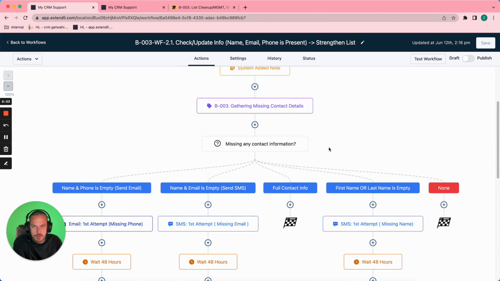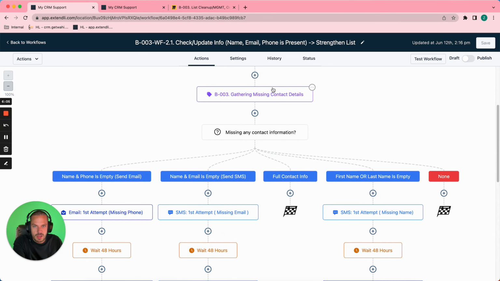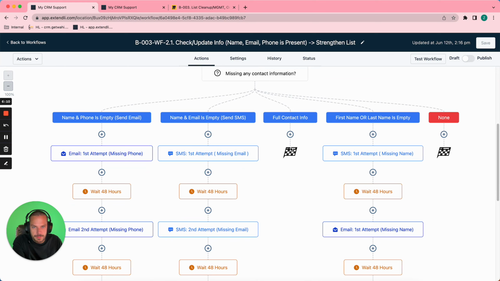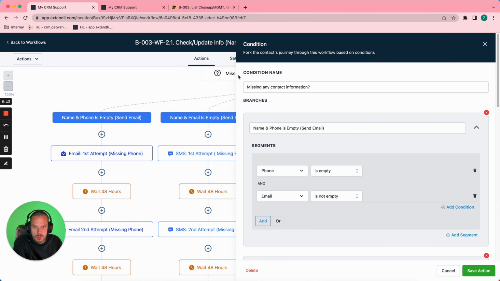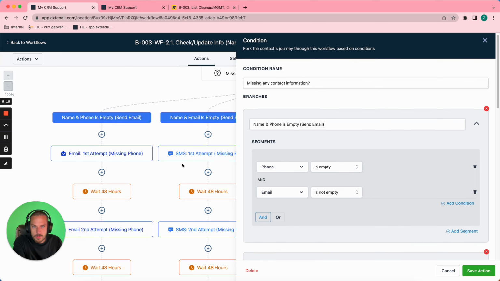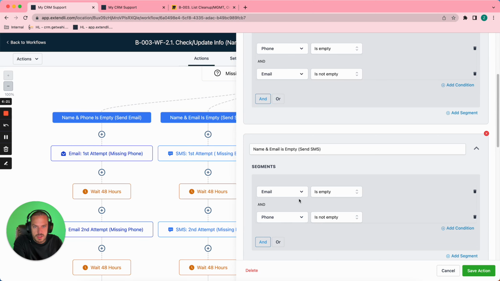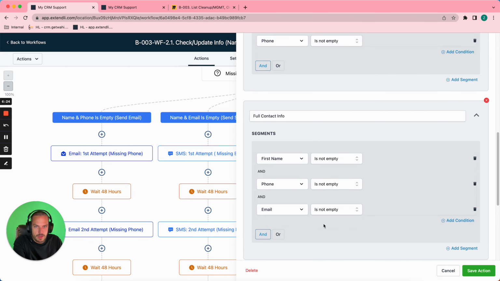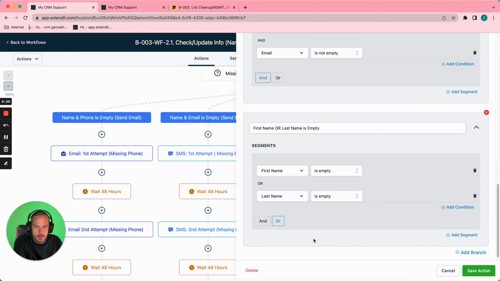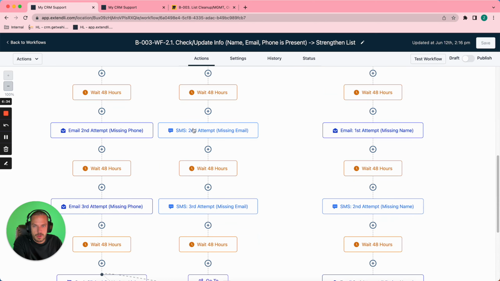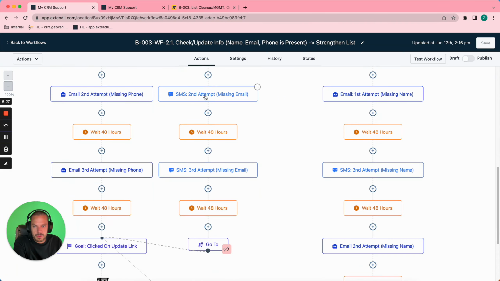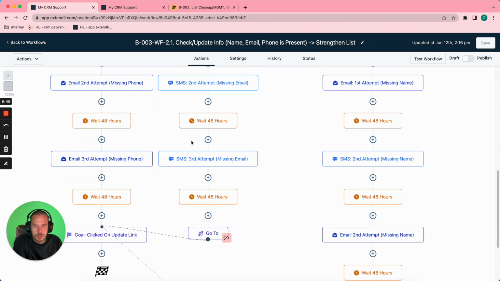And then we're going to drop a little tag right here, gathering missing contact details. And then what we're going to do is check, let's open this if condition. So these branches, we're basically checking to see, is phone empty? Is email empty? And then here we have full contact information. And then here, for some reason, we're missing first and last name. So based on what's happening there, they're going to go down this tree and receive some messaging to update their